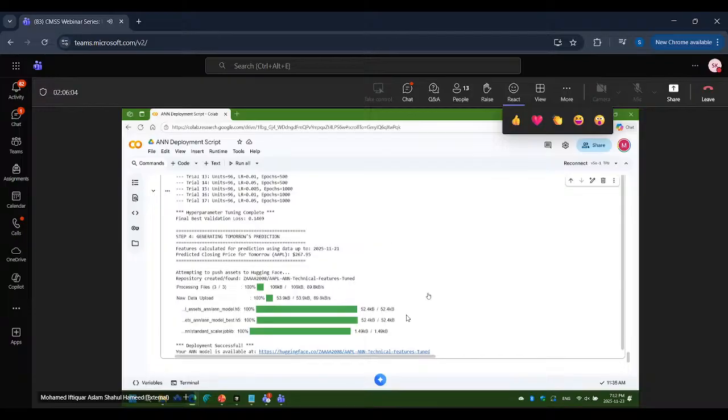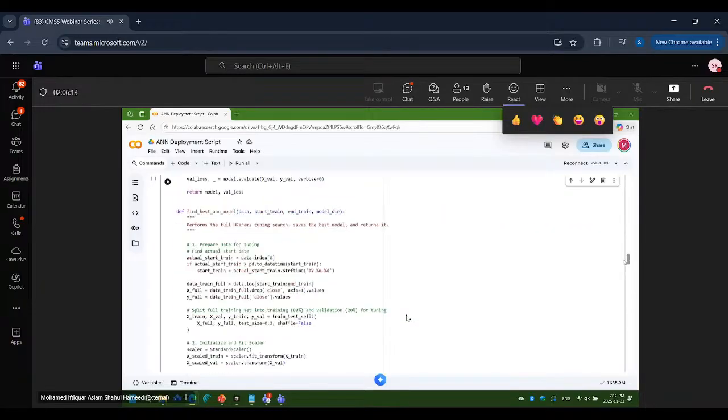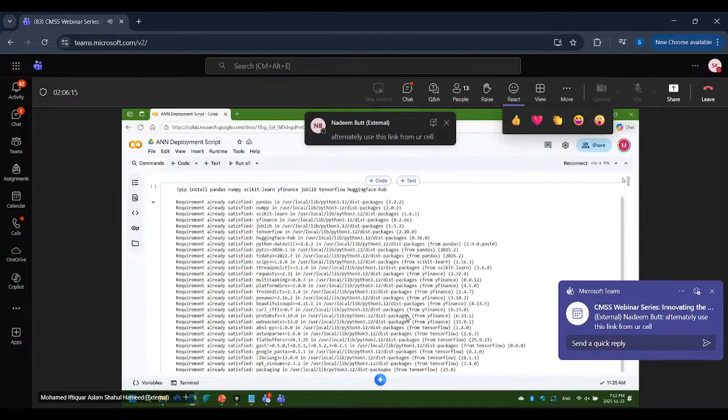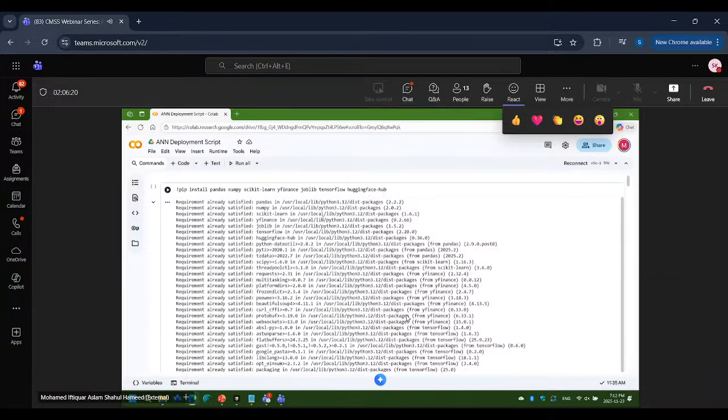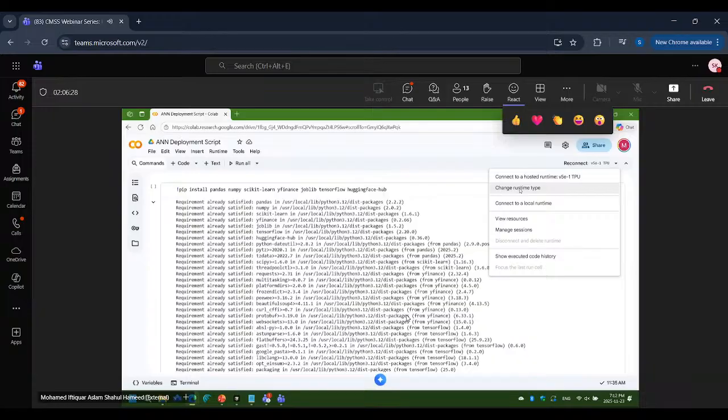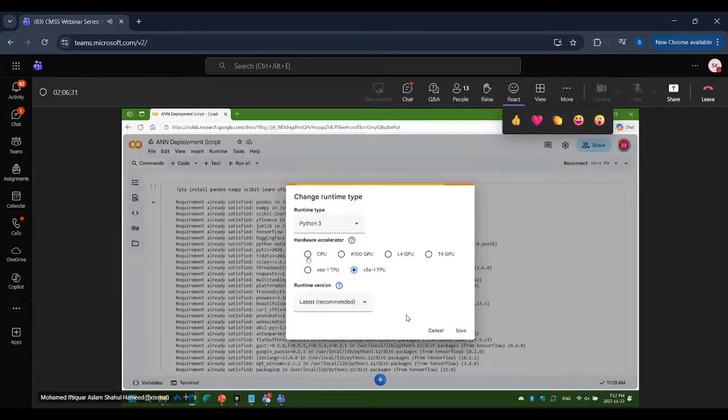In Google Colab, you can write Python code. For example, you download something and, if you want to train the data, you can write your code here. Then you can choose the runtime: CPU, GPU, and TPU.